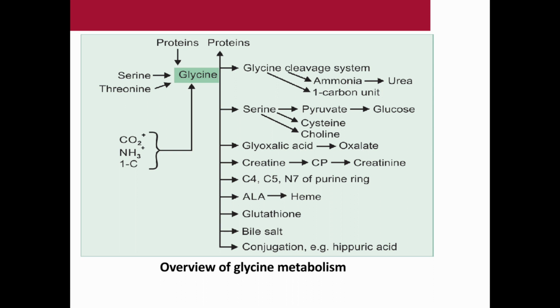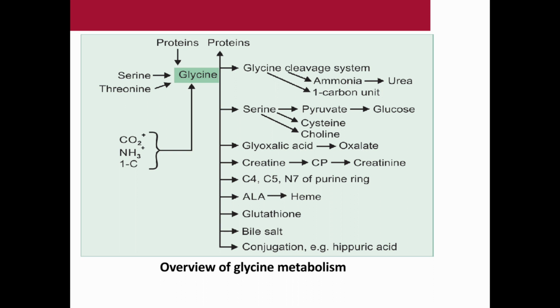Glycine forms C4, C5 and N7. It is nitrogen atom number 7 of the purine ring. So carbon atom number 4, carbon atom number 5 and nitrogen atom number 7 of the purine ring are contributed by glycine. Next important function of glycine: glycine combines with succinyl-CoA to form delta-aminolevulinic acid (ALA),